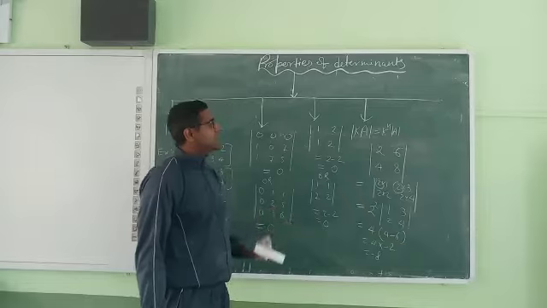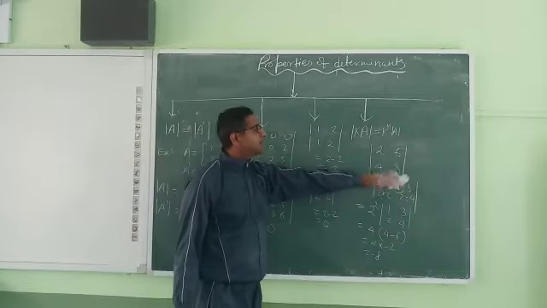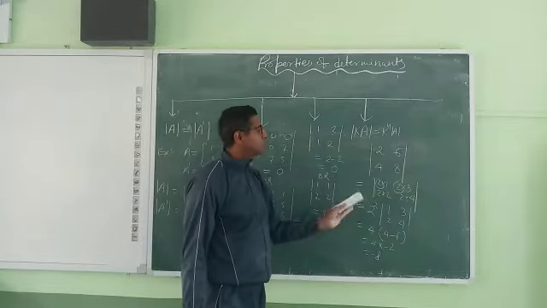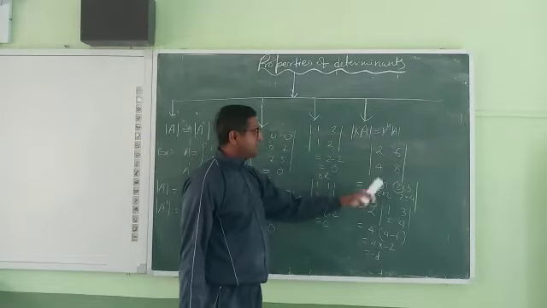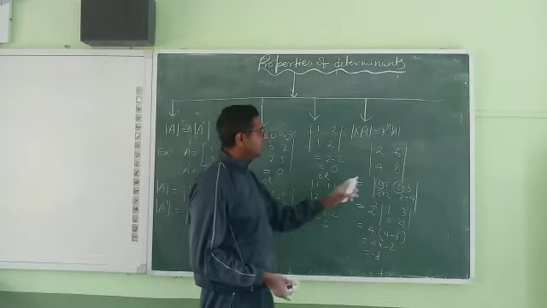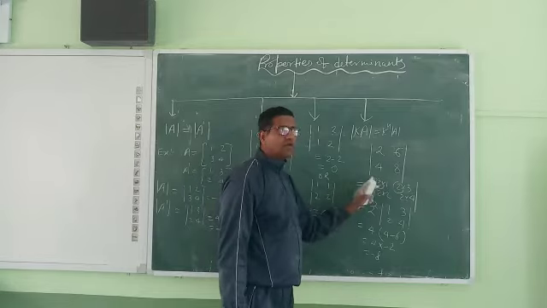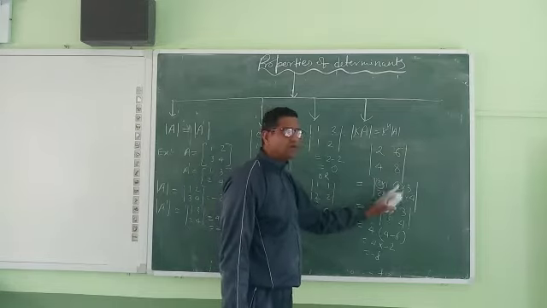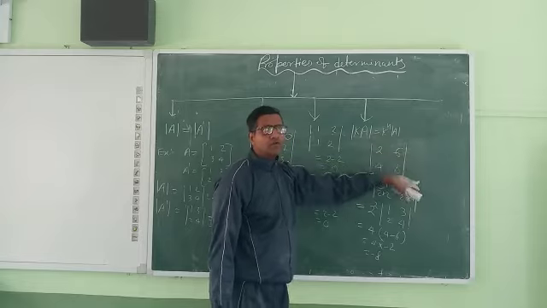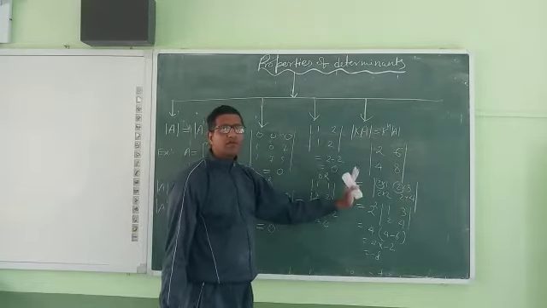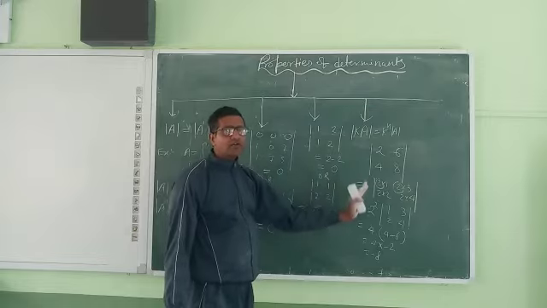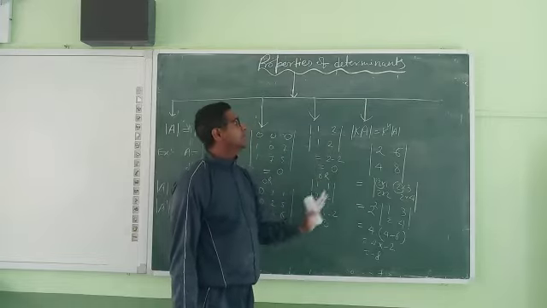It indicates that if any element is common in any row or column, it will come out from the determinant. Likewise for columns, let us suppose in the first column 2 is common, in the second column 3 is common, in the third column 4 is common. So 2 will come out from the first column, 3 from the second column and 4 from the third column.